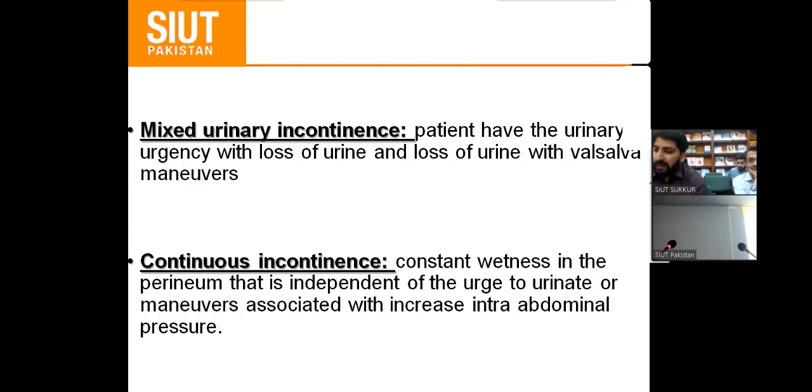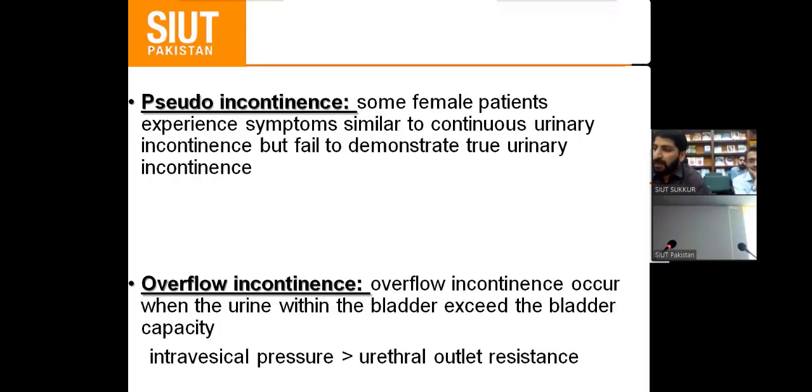The conditions that cause continuous incontinence are urinary fistulas that bypass the outlet. So the history of gynecological procedures, radiation, or traumatic childbirth is important, and some congenital conditions also cause continuous incontinence, like an ectopic ureter or a duplex kidney that is draining into the perineum or vagina. Pseudo incontinence: some female patients experience symptoms that are similar to